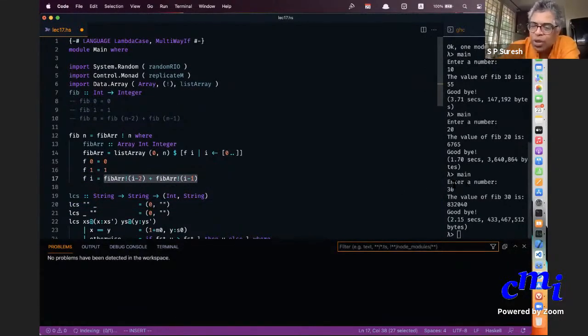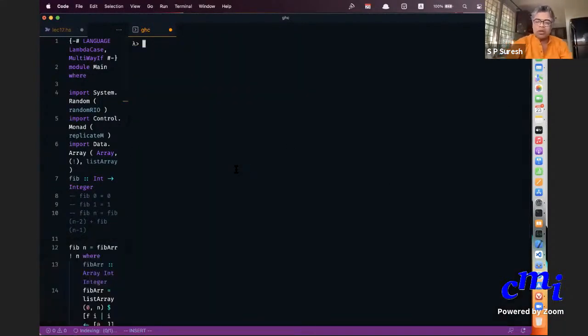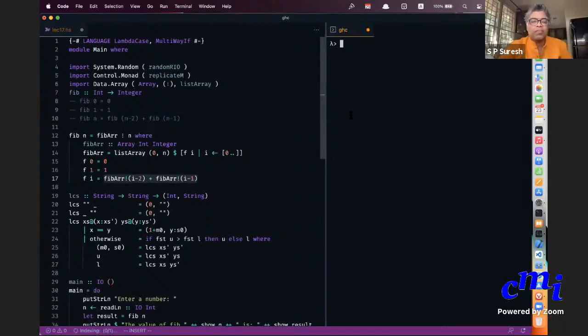Okay, so it compiles already. Let's see how it works. So rather than do this shift, I'll actually keep both open at the same time. Now I have to reload. I'll say fib. I can actually first say fib 100 also.